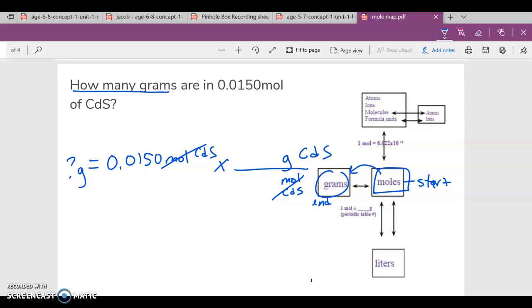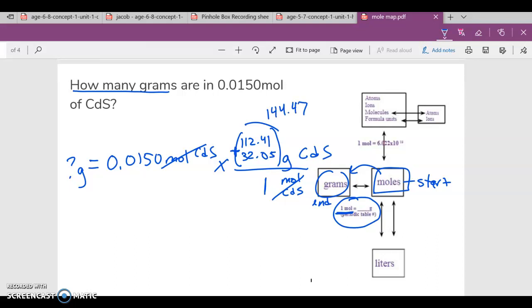In order to go from moles to grams or grams to moles, I need this conversion factor right here, where one mole is equal to that many grams on the periodic table. That's when we go to the periodic table and look at the numbers, the average atomic mass, and that's the number of grams for each element according to the periodic table. So if you take a look, you'll see that S is 32.065 and Cd is 112.41. So 112.41 is Cd, cadmium, and sulfur is 32.065 on our periodic table. And those are the parts I'm going to add up. If I add up those two parts, I get